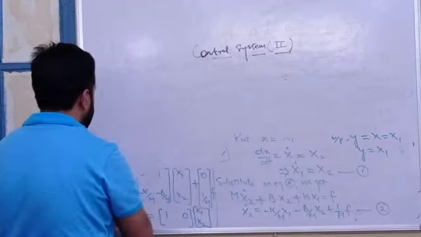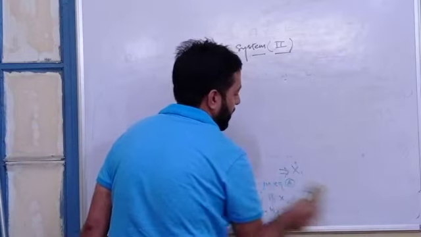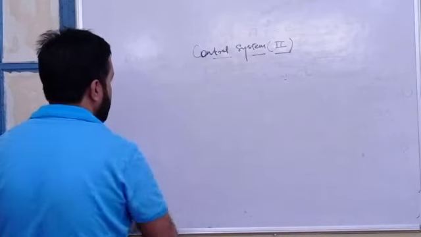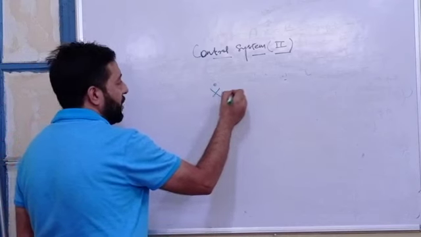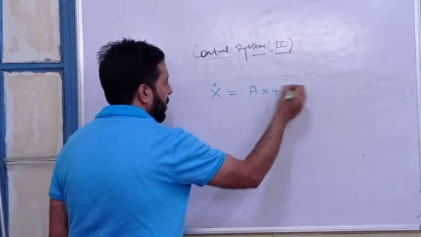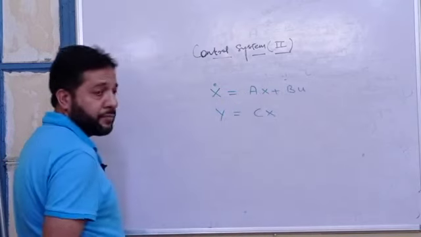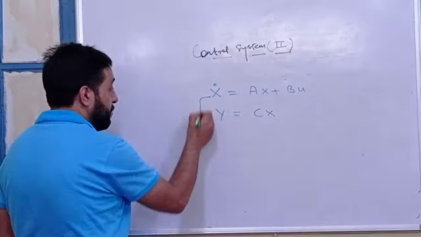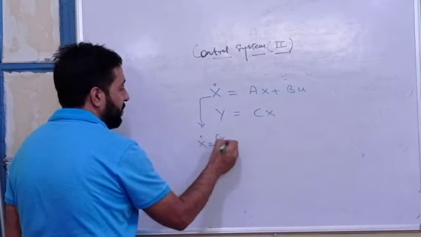So continuing with the same thing, I'll come to this equation later on once again. If you look at the overall structure of this equation, it looks something like this: x dot equals Ax plus Bu, and y equals Cx, right? Where this x, in this particular case, where this x dot is x1 dot and